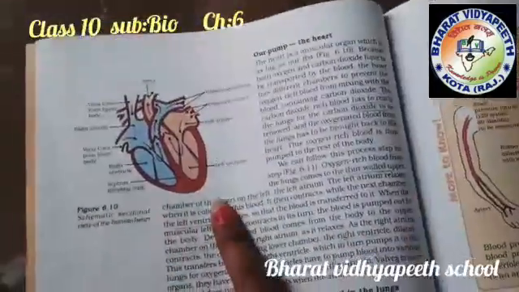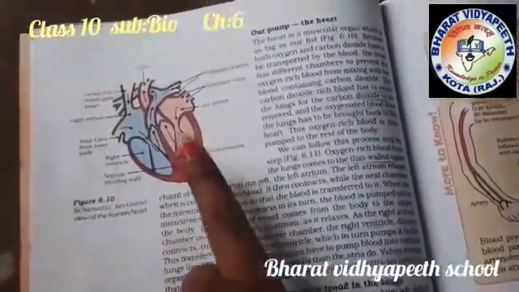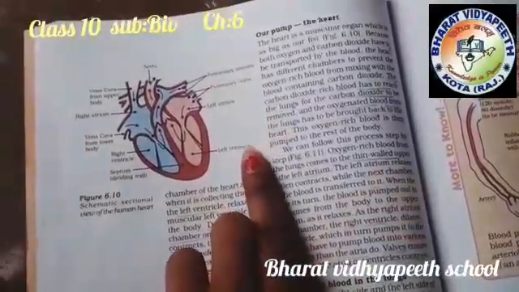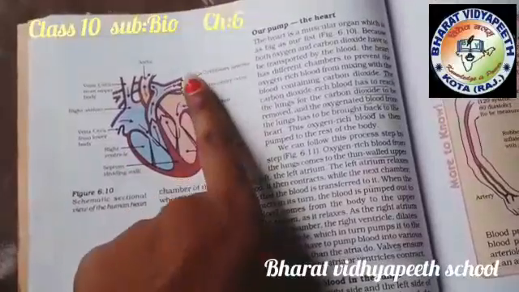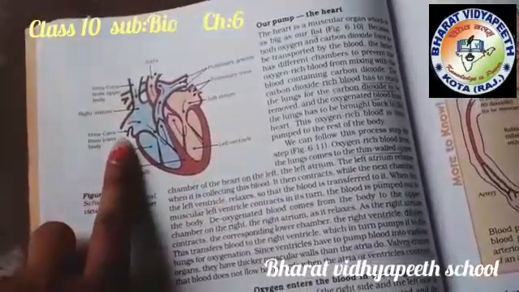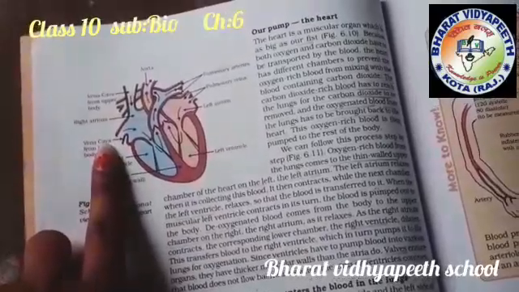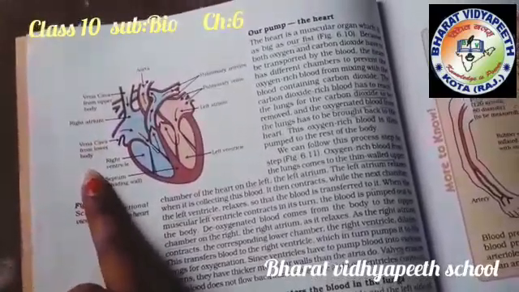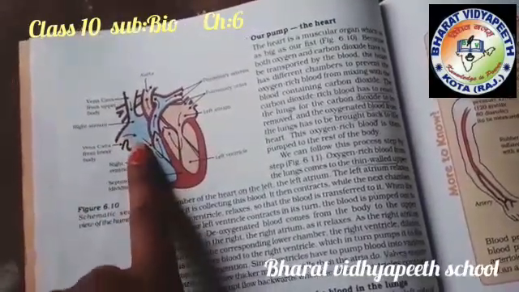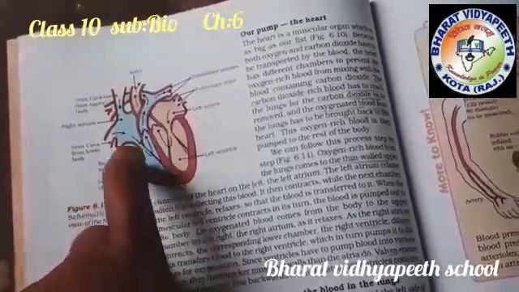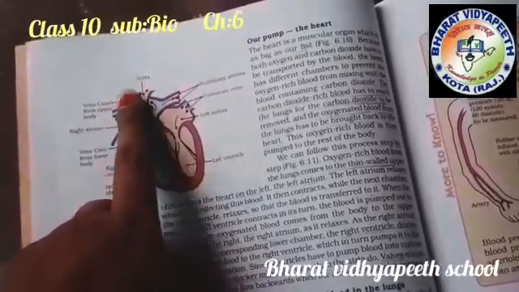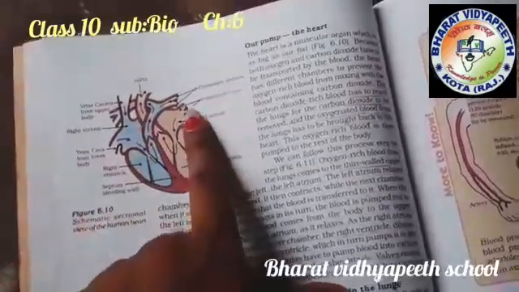This is the left part of the heart, and this is the right part of the heart. In the left part of the heart, mainly the pure, oxygenated blood is collected and transported towards the body. And this is the deoxygenated blood part. The right part consists of deoxygenated blood. It brings deoxygenated blood from the whole body towards the heart, then transfers it towards the lungs, and the lungs remove carbon dioxide from that blood and give it back to the heart.